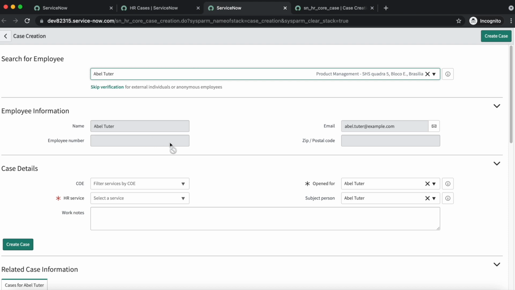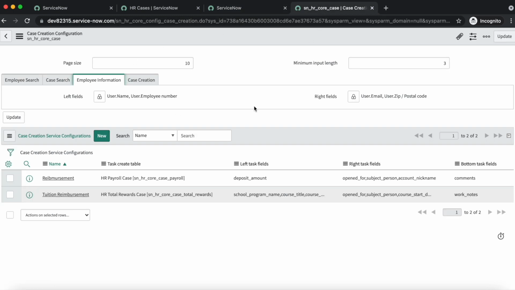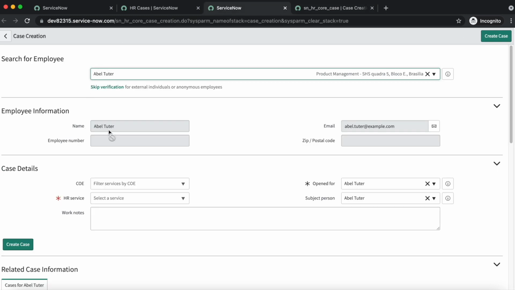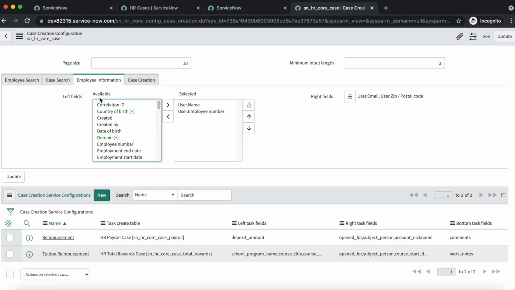If you want to add more fields on the right side, how are you going to configure that? We have two options, left fields and right fields. Here you can see that a few fields are displayed on the left and a few on the right. If you want to add more fields to be displayed on the left side, you can click on the lock icon, add it and save it.